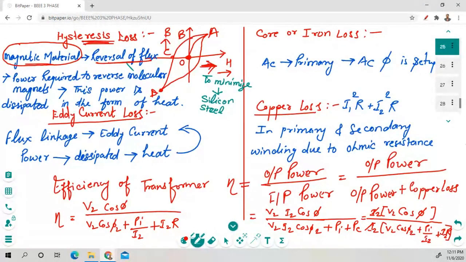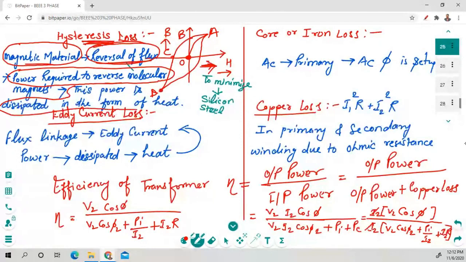there is Lenz's law. So we have to use this reversal of flux using Lenz's law. When this reversal of flux happens, we need more power to reverse the molecular magnets. When you use more power to reverse these molecular magnets, this power is dissipated. When this power is dissipated in the form of heat, it is called hysteresis